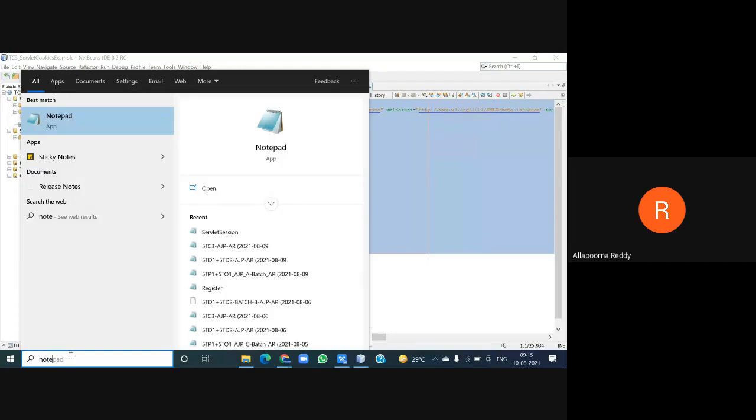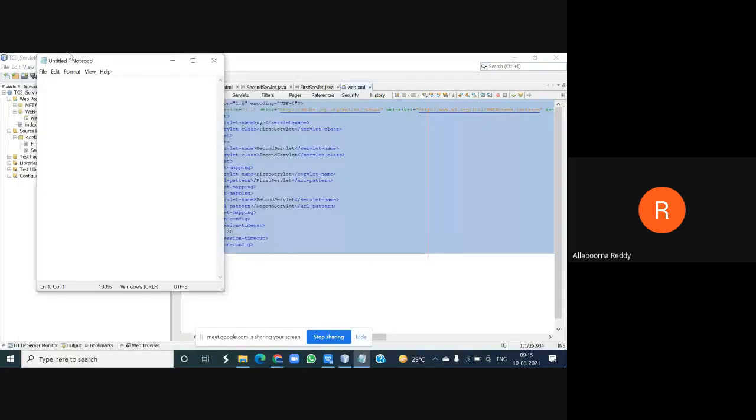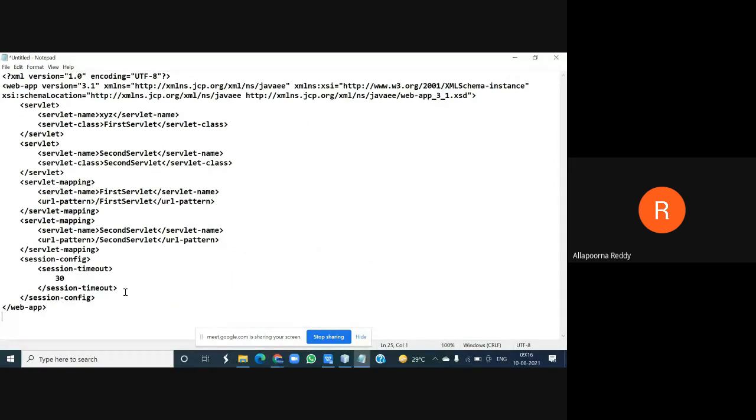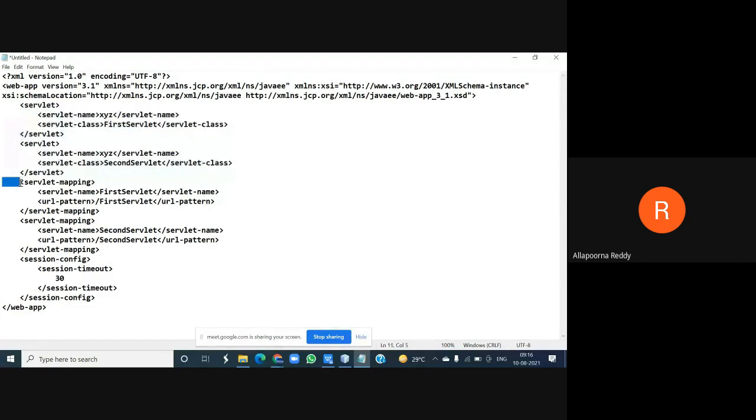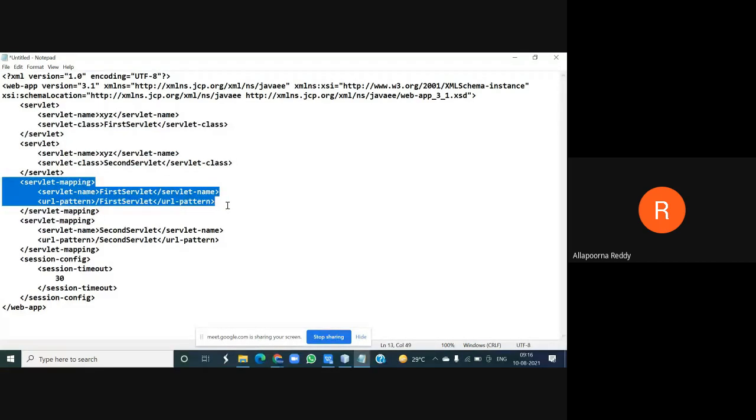I make it in Notepad so that you first be clear with the code, then we'll go for execution. So everything is now somewhat visible to you, right? This is my web.xml. In this web.xml, I'm using a total of 2 servlets. The 2 servlets I'm initially providing with alias names and class names. That has been done here. This is already known to you. Next, what I'm doing is mapping, right? Mapping I'm doing.